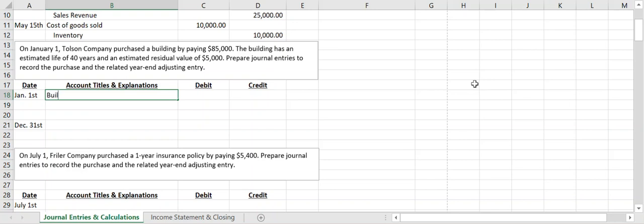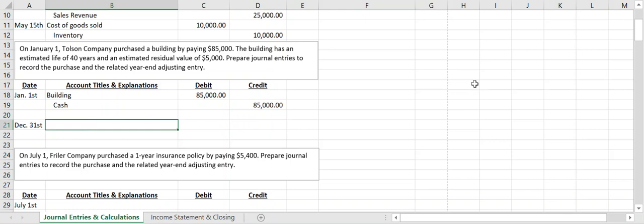So what we are buying is an asset. We are buying a building that cost us $85,000, and they said that we paid for it in cash. And now we have to figure out our adjusting entry amount. In terms of our calculation for depreciation,